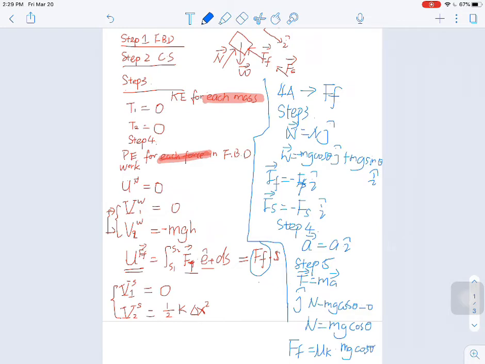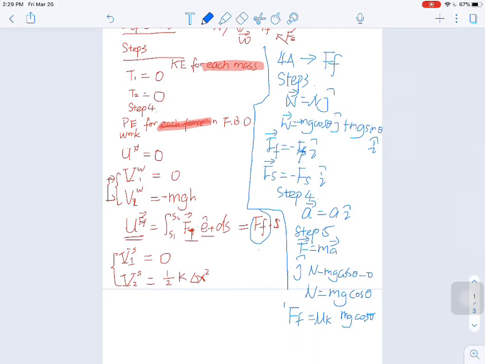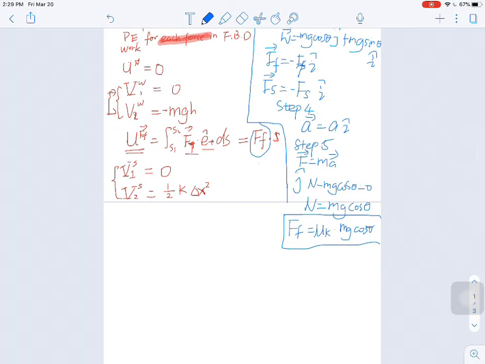So as I said, the problems are getting more complex because you have to use the method we learned previously to solve something in order to keep working on the work energy equation. But now that we found this friction force, we can move along with the work energy equation. Do you still remember the work energy equation? Can you write it down? What is the work energy equation? It has T2 plus V2 equals T1 plus V1